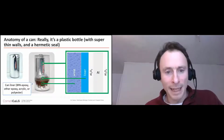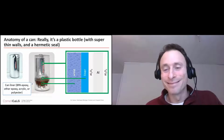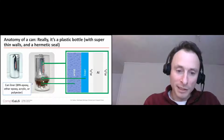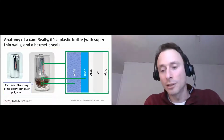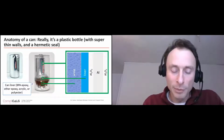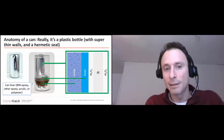The science and technology of aluminum cans. A can is not actually a can. It's a plastic bottle. See, right there. If you want to try this at home, you can take an aluminum can, expose it to either strong acid, or in this case, a strong caustic, a strongly basic solution. You can etch away the aluminum and reveal beneath it this super, super thin plastic liner that's been sprayed on the inside. So